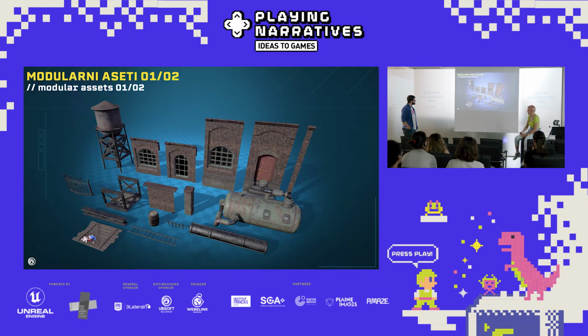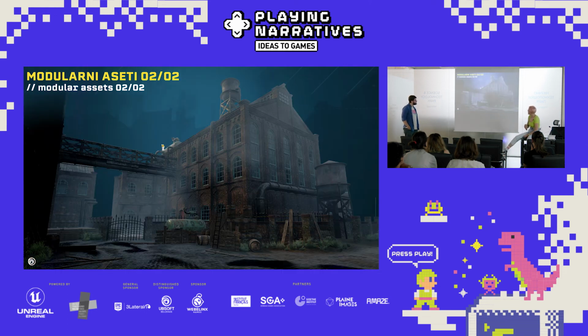So how we make the environments. Most of the time we use the modular asset sets, which usually have a set of walls, pillars, walls with doors, similar to the LD kit. Yeah, basically like LD kit but with colors. And they have to follow a specific metric so that you can arrange them together, and they would snap together and fit together perfectly. So with them we make big buildings like this.